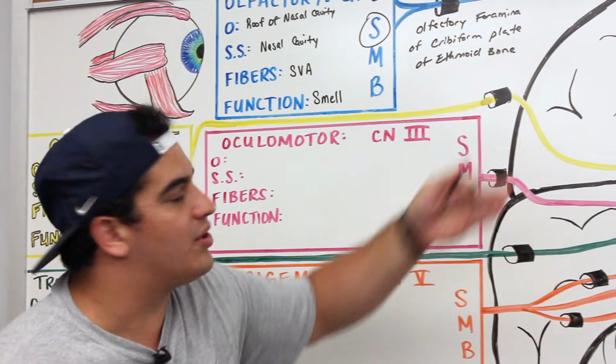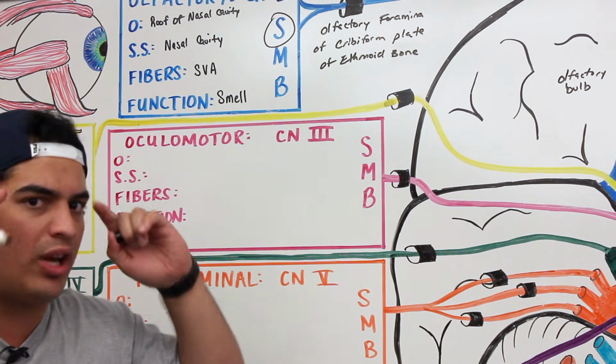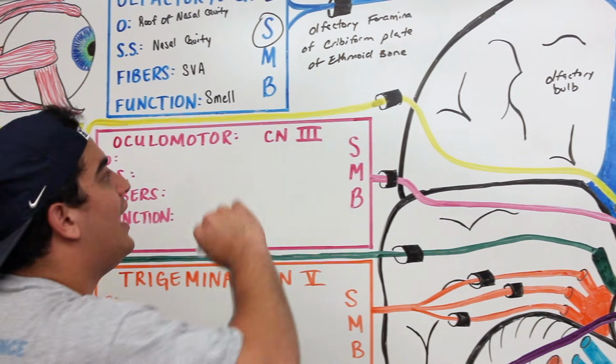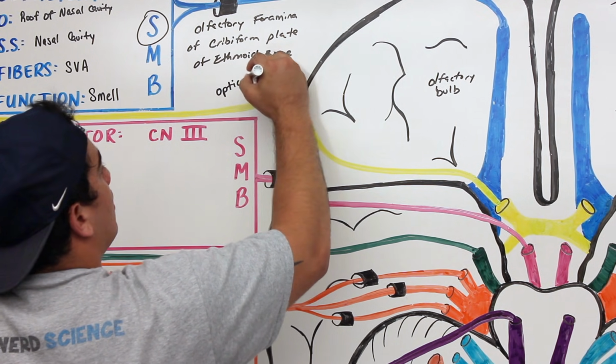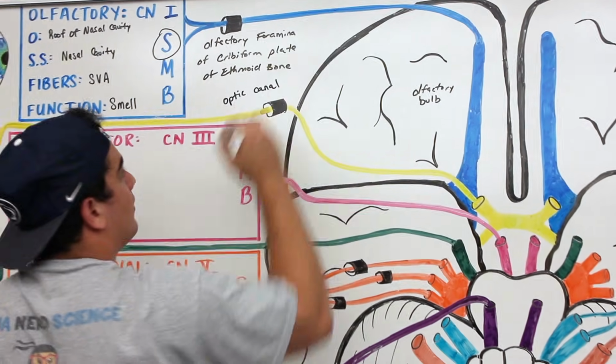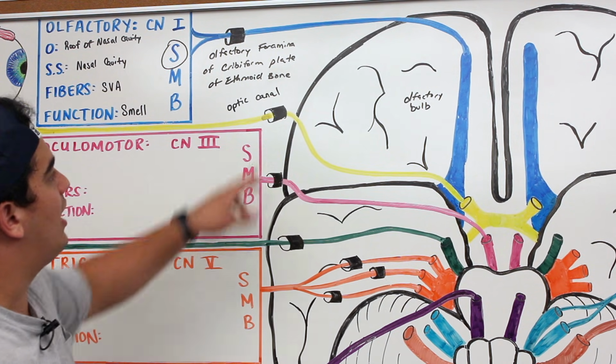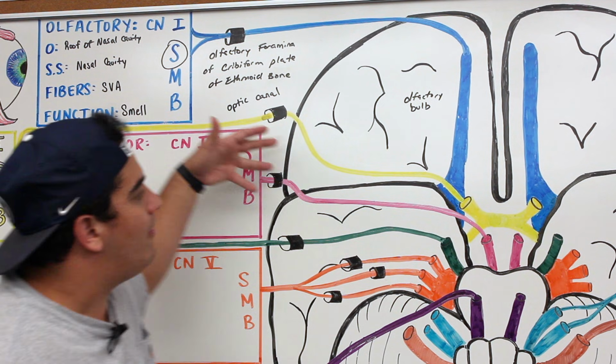Now, as it's taking this actual visual information, it's going to go through a hole within the skull. What is that hole called? It's actually located within the posterior part of the orbital cavity. It is called the optic canal, okay? So it's going to move through the optic canal along with the ophthalmic artery,